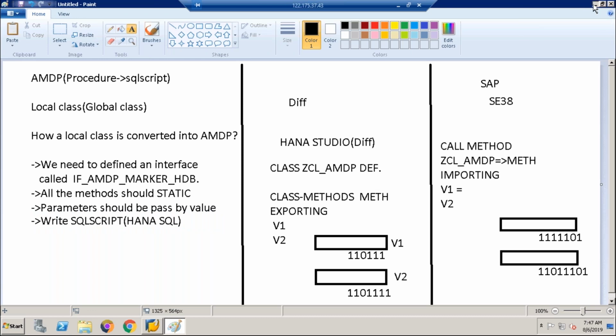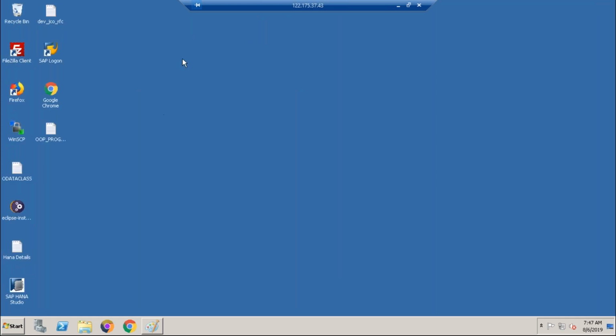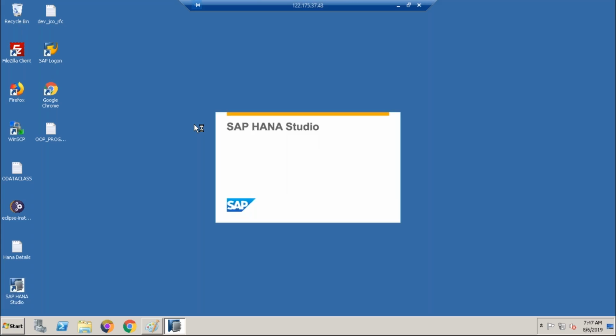Now let us create a small AMDP to understand how it works. Then we will discuss real-time examples, and AMDP will take almost 20 to 25 days, guys. It's a very big concept, and in real time we are working mostly with AMDP only. There are a lot of flavors. We can work with AMDP BAdIs. We can consume modeling objects in AMDP. CDS also, we can consume CDS in AMDP. A lot of flavors will come into the picture here.